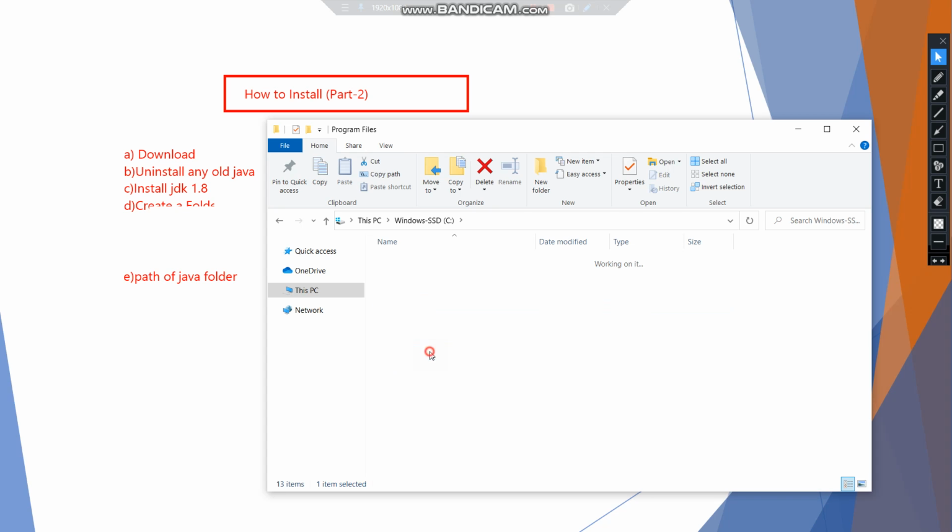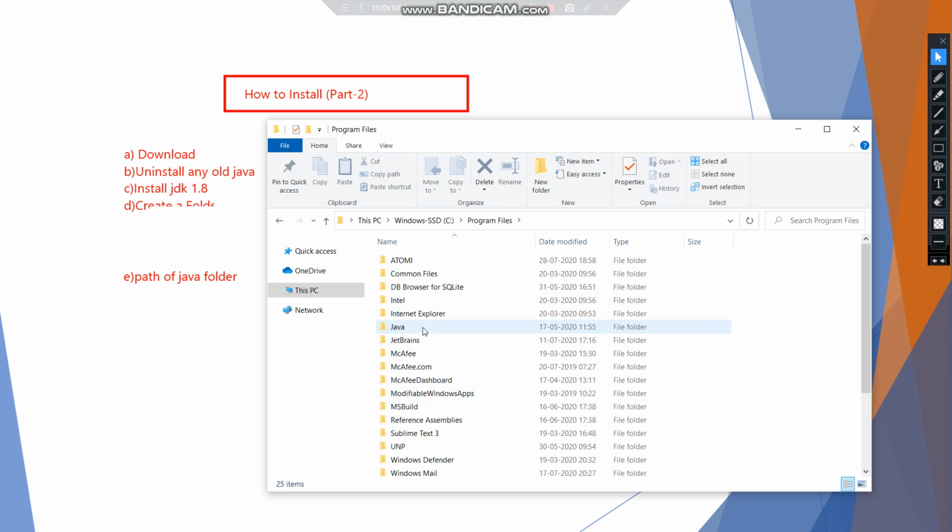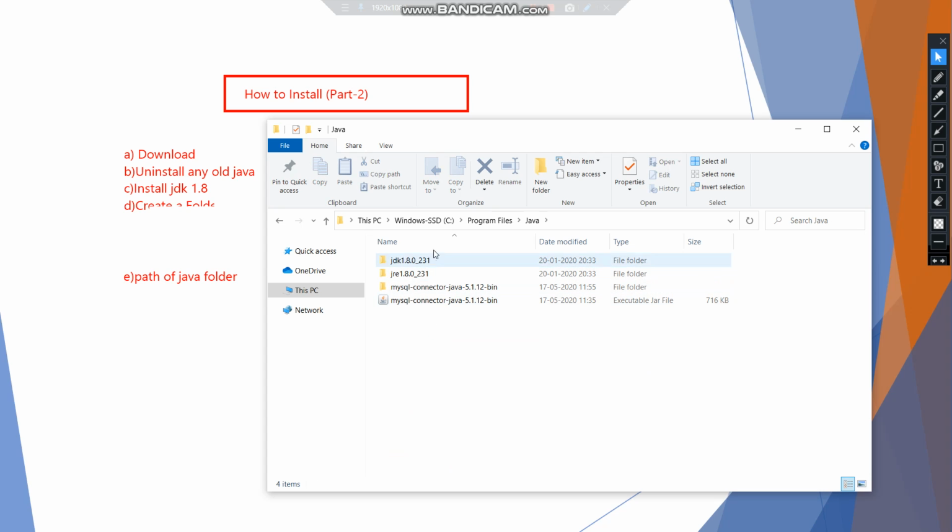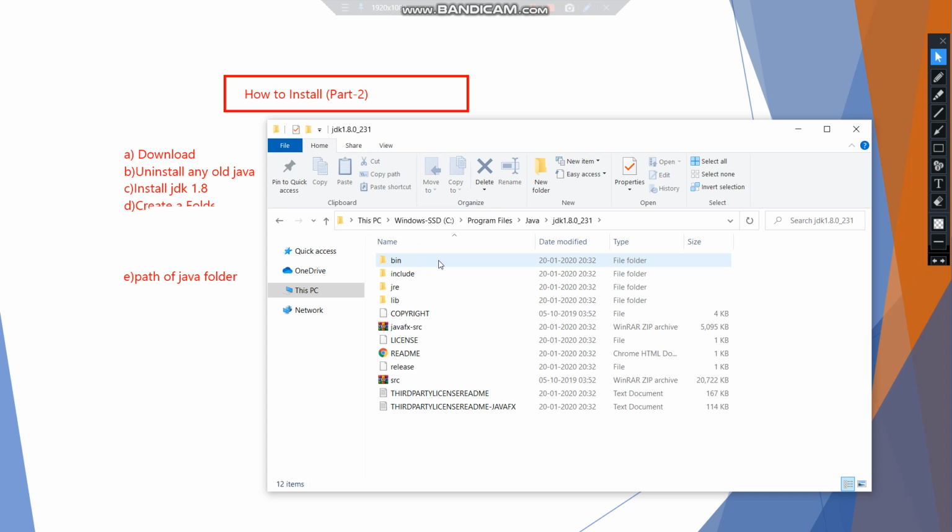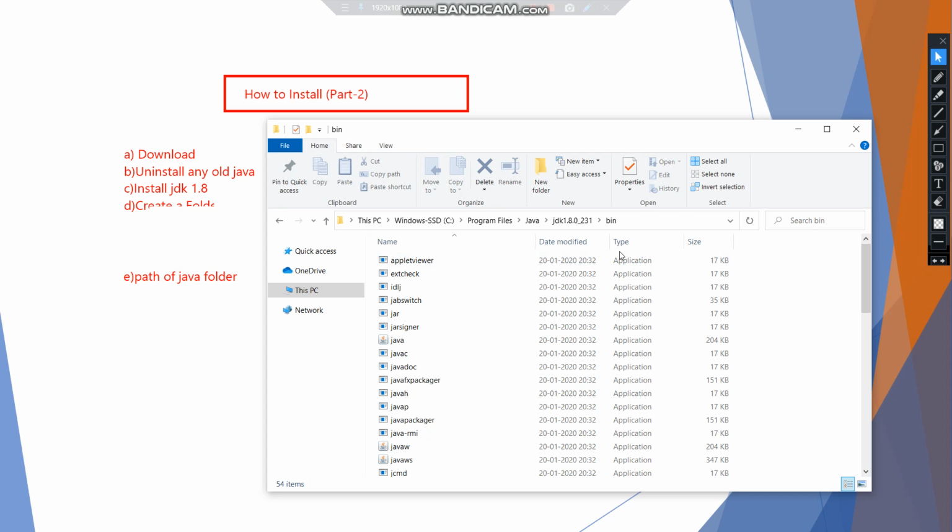Here you can see program files. In this program files, this Java folder. In this Java folder, you have to click on JDK 1.8 0_231, not on JRE or MySQL connector or any of them. On this, we'll click. In this folder, we'll go, and in this folder on bin. Okay. So this is our path. This is our whole path written over here.